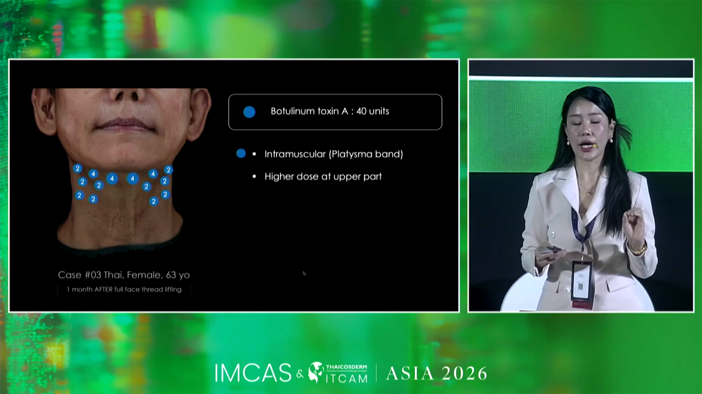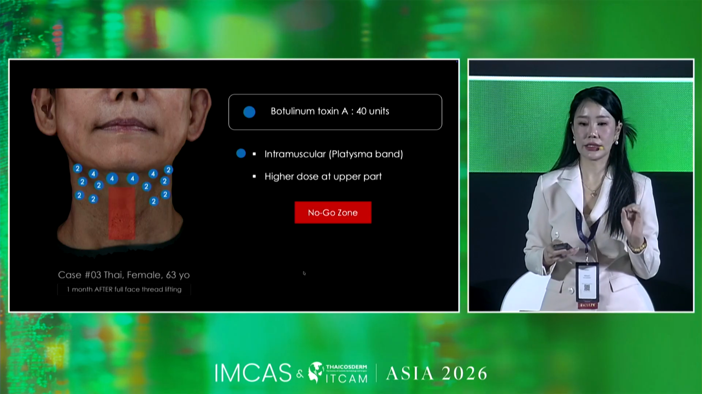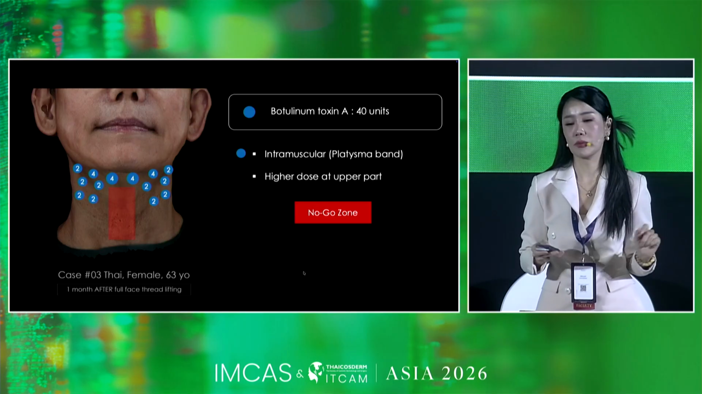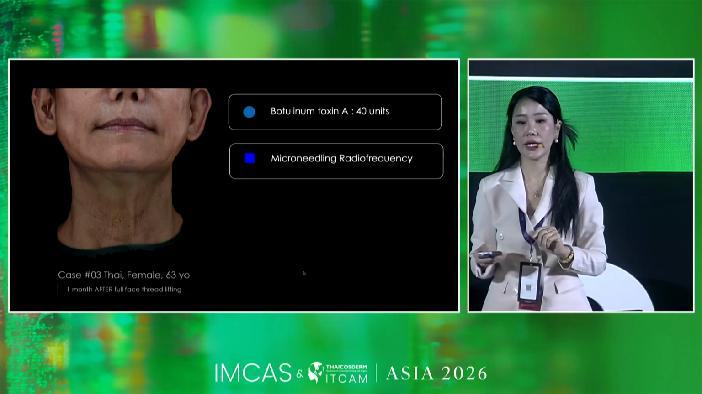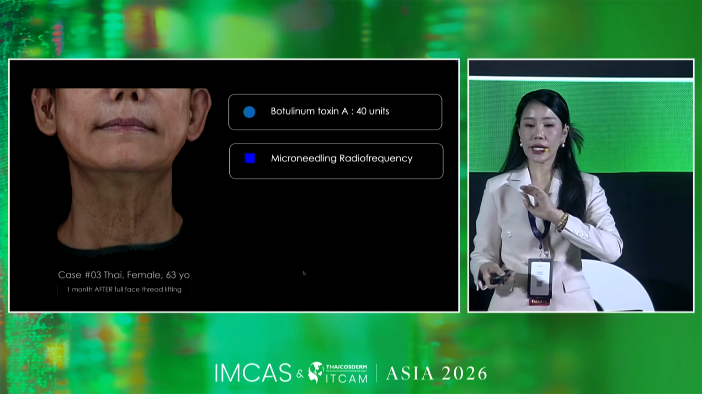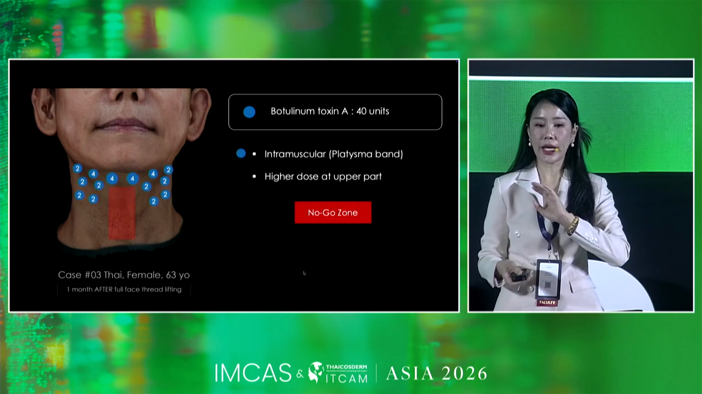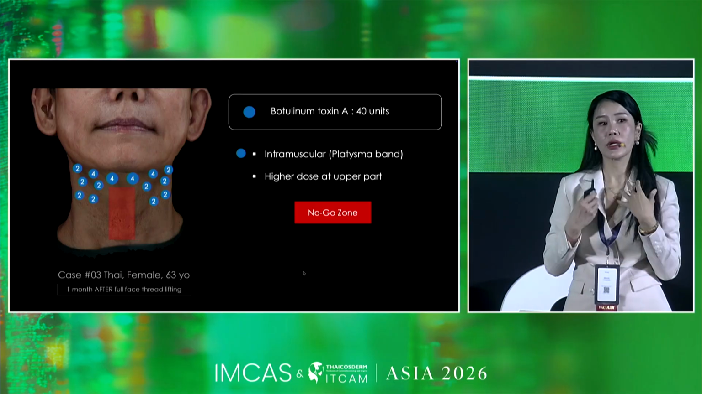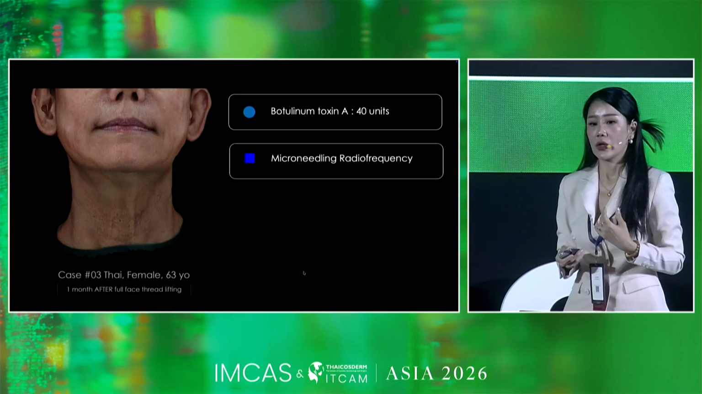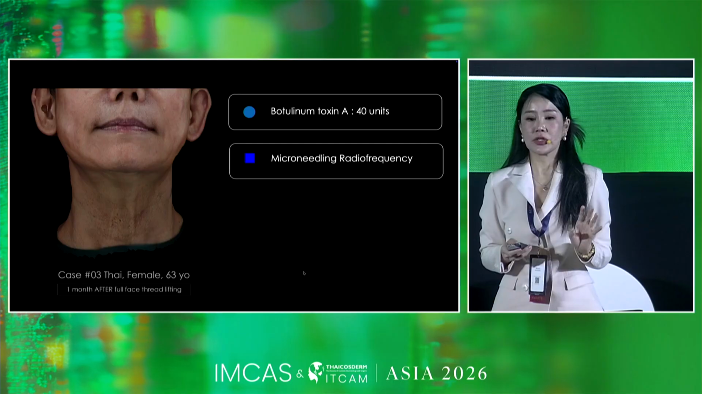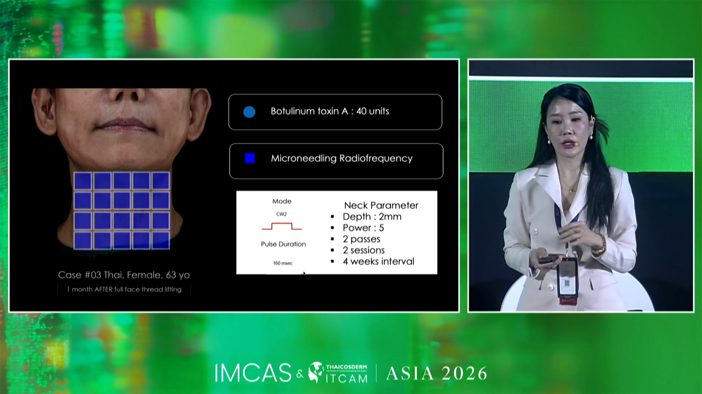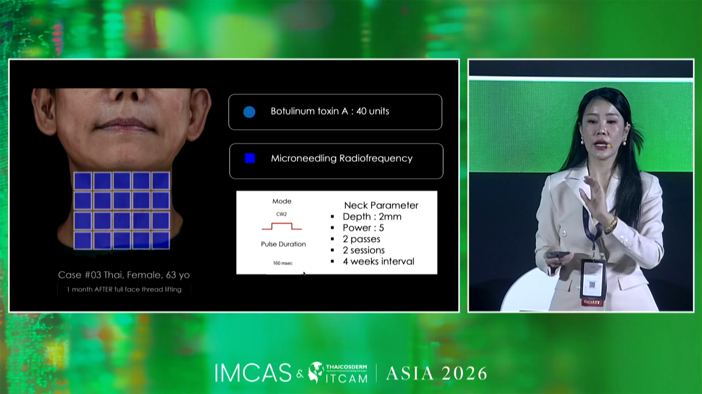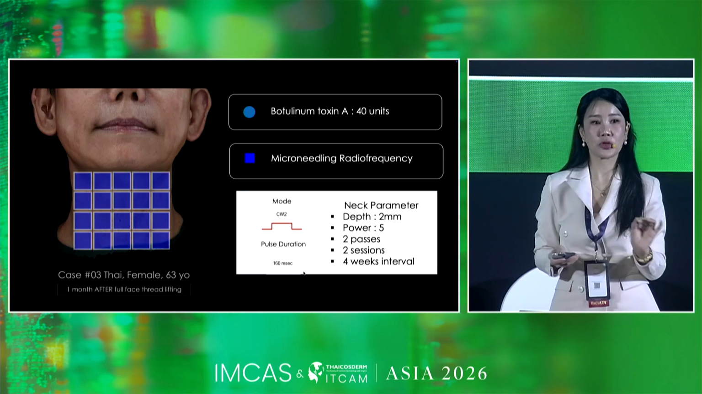And this is how I treat the toxin, okay? And no-go zone here, otherwise you might cause some problem with the vocal cord, okay? As I address that, I always use the higher dose on the upper part, but lower dose on the lower part, okay? And next, I do the microneedle radio frequency with the continuous duration with the depth of 2 millimeters